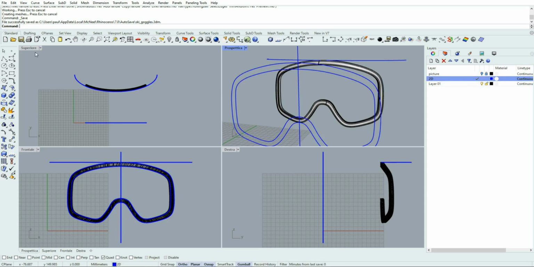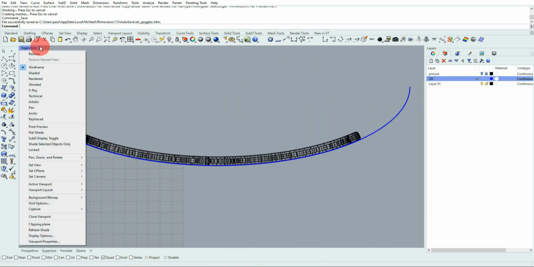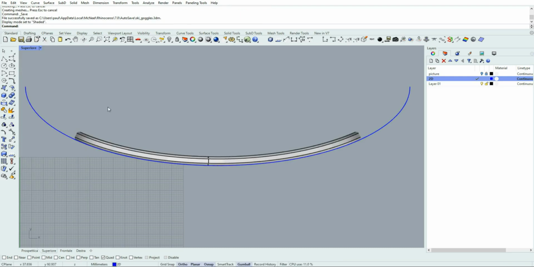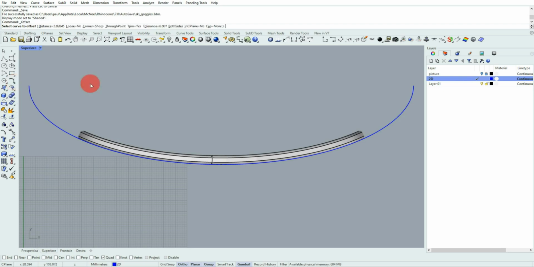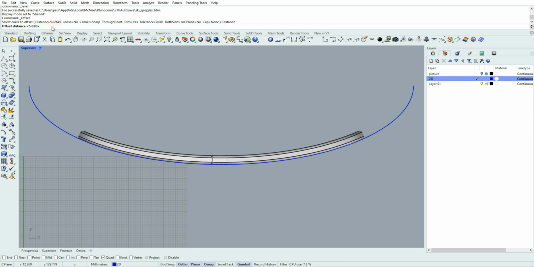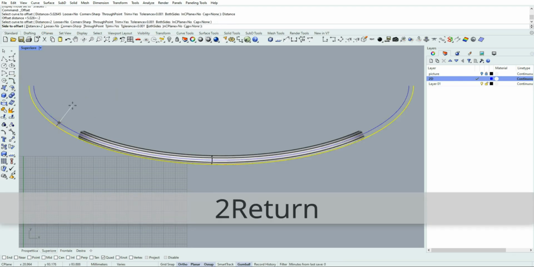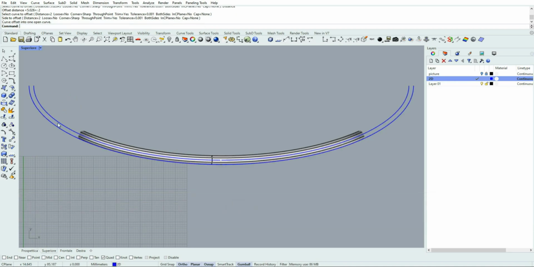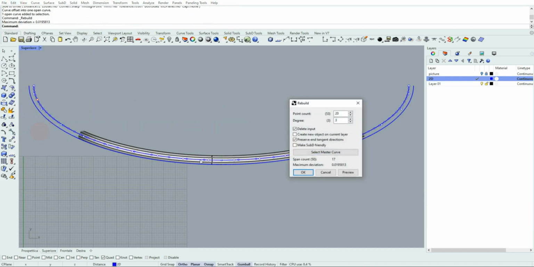Okay, so I go back to 2D curves, and in this case I go to shaded, switch to shaded view. Okay, and I'm going to make an offset of this blue curve, the ellipse. Okay, so offset, I put 2, which is half of the extrusion, the offset that we used for getting the solid.